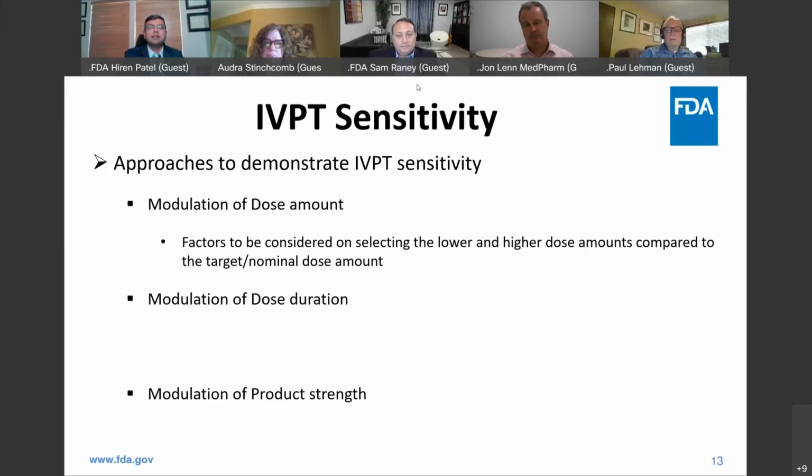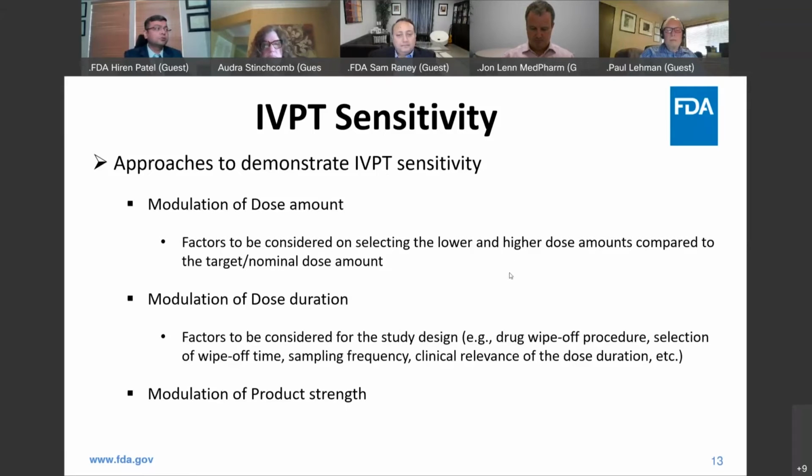So there are some analytical challenges on conducting the lower dose amount, especially with the potent drug product. I think this is something we can have a broad discussion about how we want to do it. But the current recommendation is to have one lower and one higher dose amount. Now, in the interest of time, I know we have a lot of comments on that one, but I'm going to move forward to the next